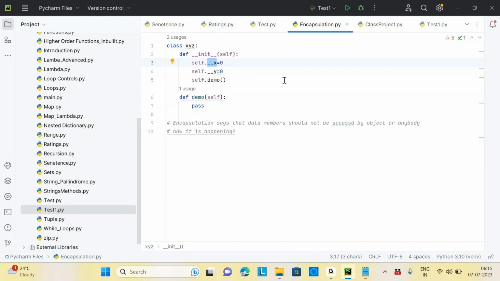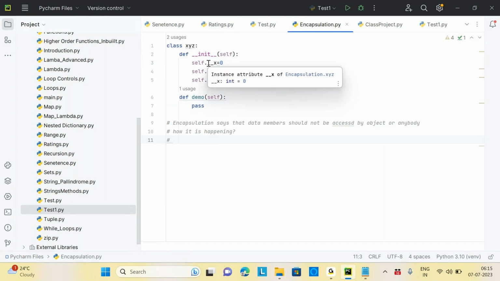Okay, got the point? So exactly, just understand this question. Try to focus on this. Whenever you are putting an underscore underscore, the variable is something like double underscore x. When you make it this, Python